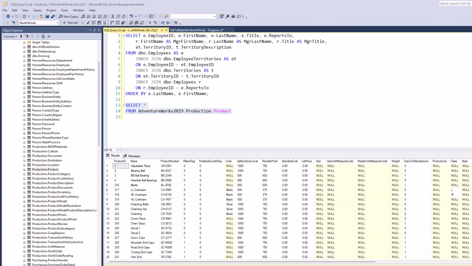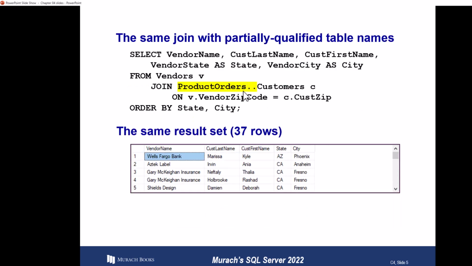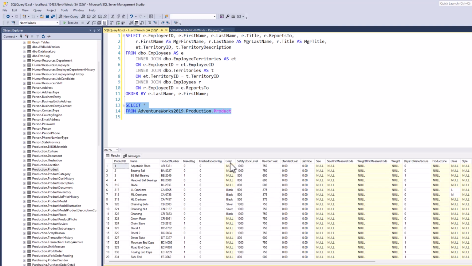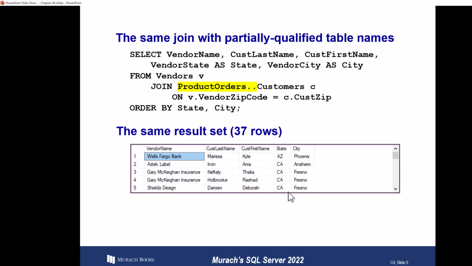Now, the next slide that they show us just doesn't work. If we come back in and try to use it with the partially qualified name, we'll see that it just doesn't work. I remove the production here. I have the same scenario, execute it, it just doesn't know what that is. So that's one slide to note that it just doesn't work the same as what they're indicating in the textbook.